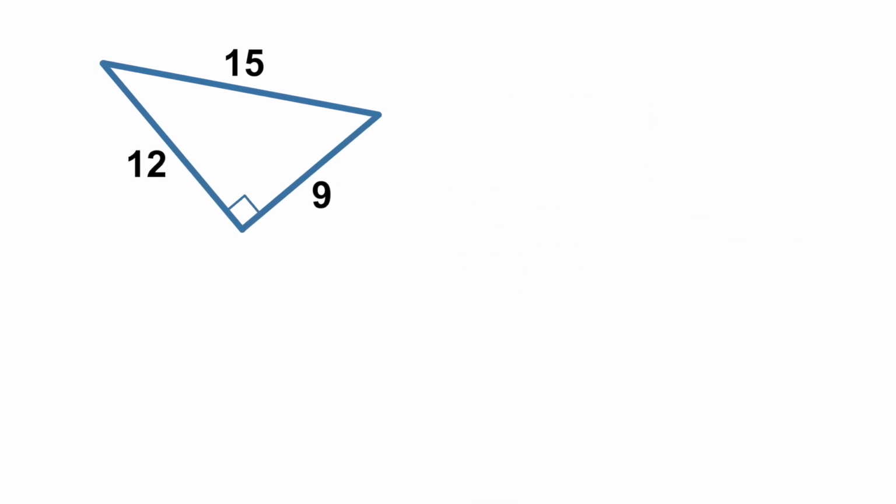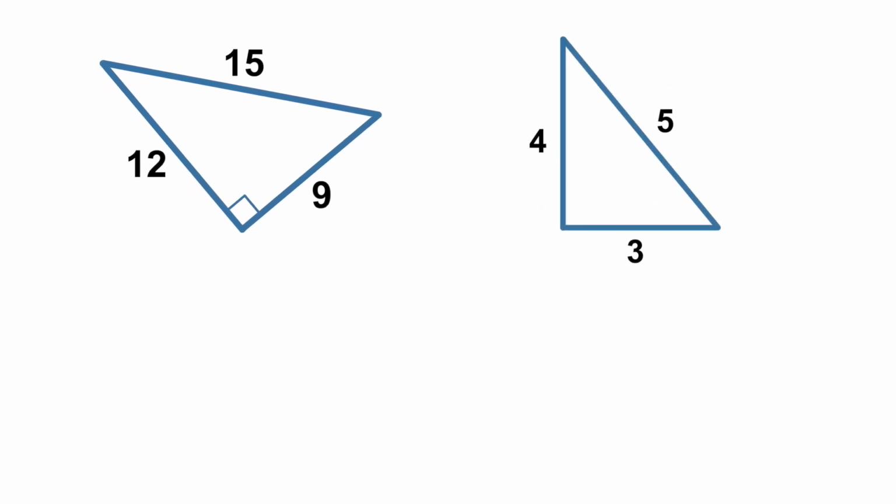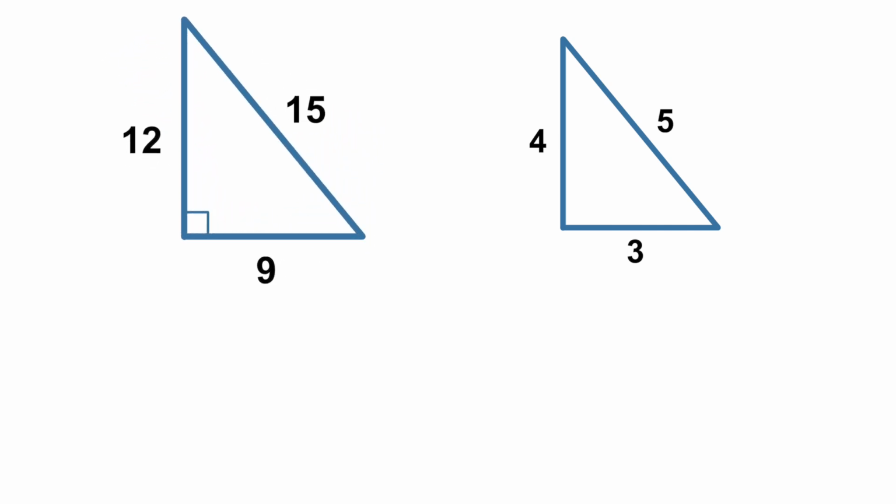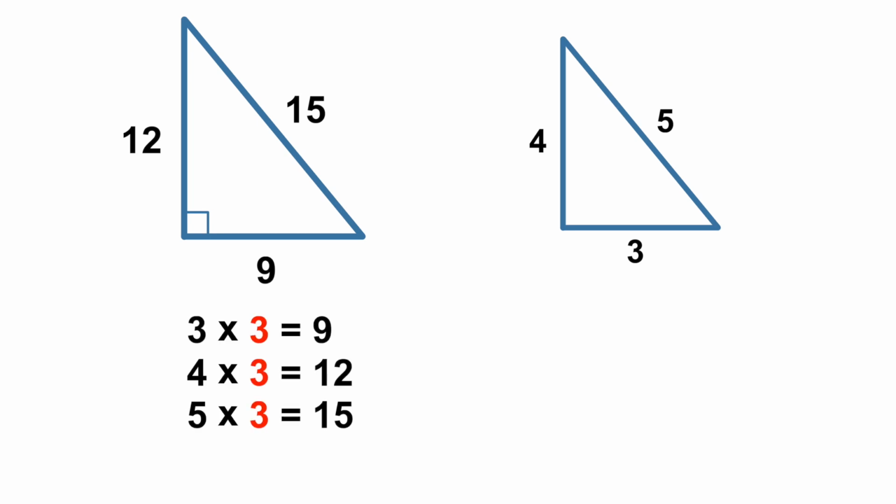Do you spot a relationship between the sides of this triangle and the 3, 4, 5 triangle? Well, 9, 12 and 15 are multiples of 3, 4 and 5 respectively. If you multiply each of the numbers 3, 4 and 5 by 3, you get 9, 12 and 15. And this is one way of generating Pythagorean triples, by multiplying the sides of the 3, 4, 5 triangle with